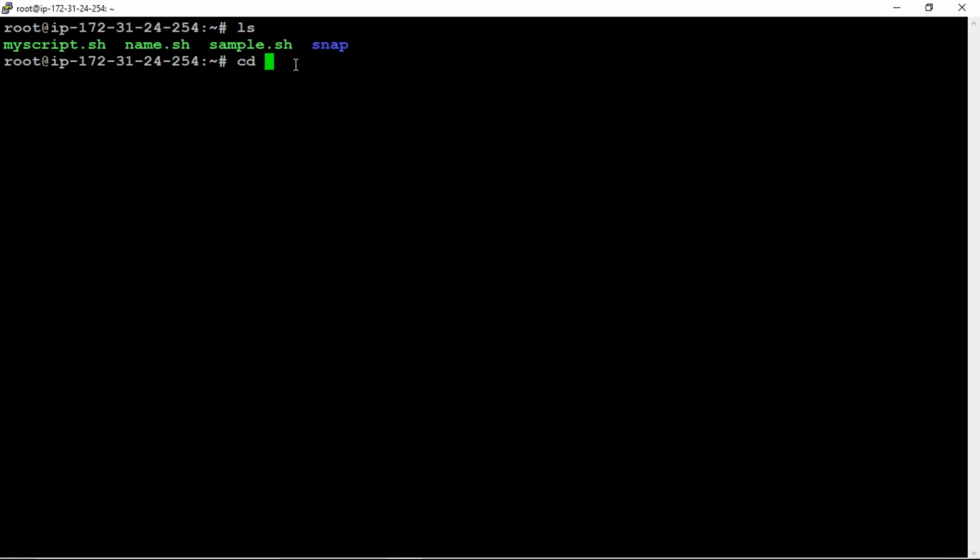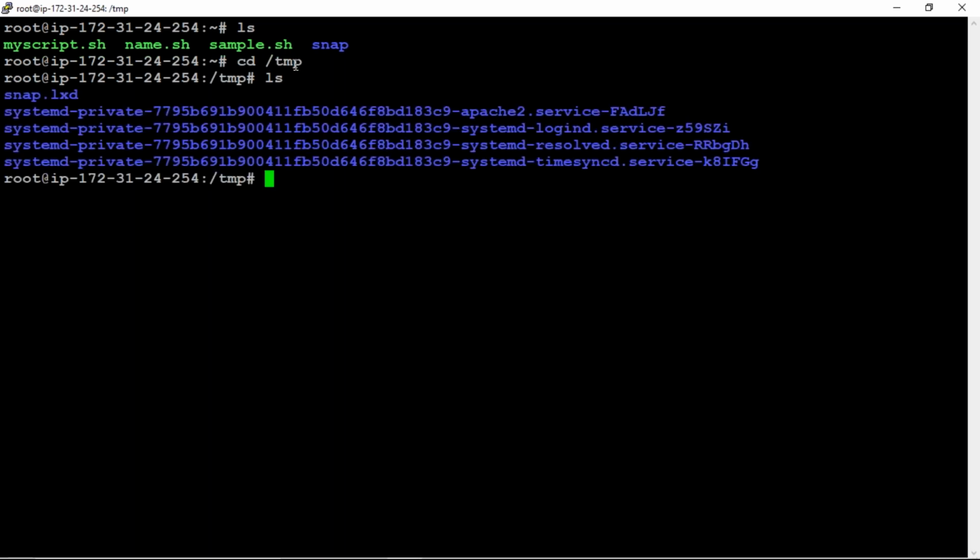If I go to temp and look at the files, there are no files. This temp is for temporary files. If you restart your server, your files will be gone. So if you don't want to use your files in later sessions, you can create them in the temporary directory.